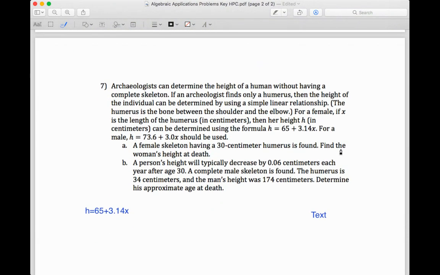Our last question is question number 7, and it says archaeologists can determine the height of a human without having a complete skeleton. So it says that we can just take the length of the humerus and plug it into these respective equations and solve for their height. So here's the equation for a woman, and then here's the equation for a man. Part A is dealing with a woman, so we're going to be using H equals 65 plus 3.14 times the length of the humerus in centimeters. And it's saying they found a female skeleton that has a 30 centimeter humerus. What's the woman's height? So I'm just going to take 30